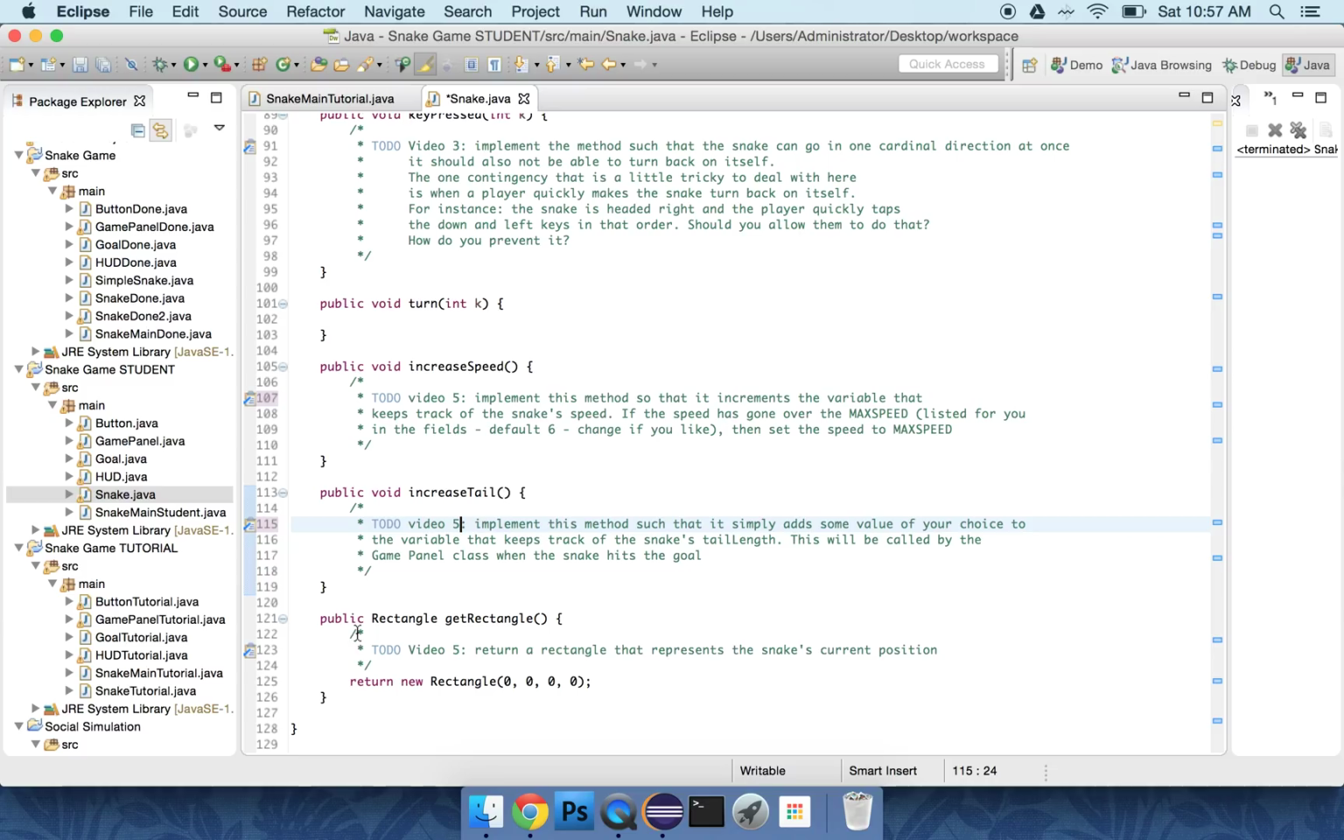Also, in video 5, we want to be able to tell other classes what our position is in space, and so we'll use a rectangle object to do that. All this method should do is return a rectangle that represents the current position of the snake. So instead of rectangle 0, 0, 0, 0, you can just do a rectangle at x, y, size, and that returns at any given time the current position,